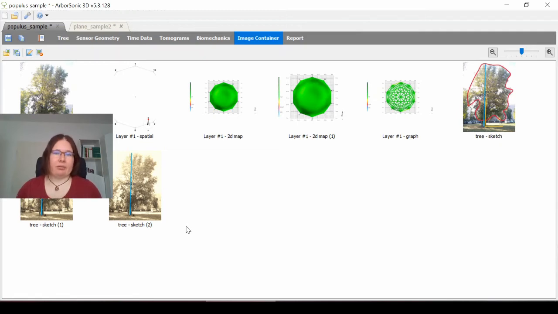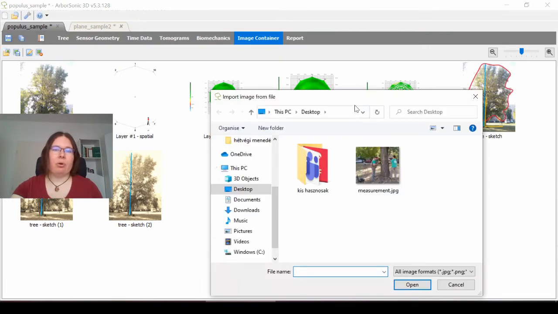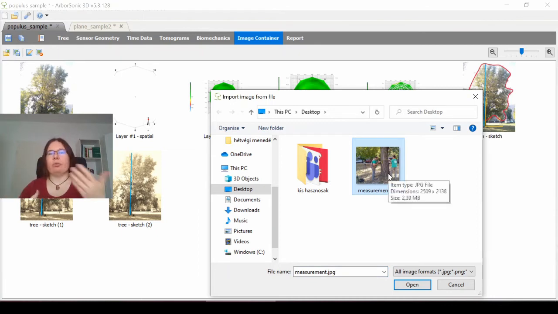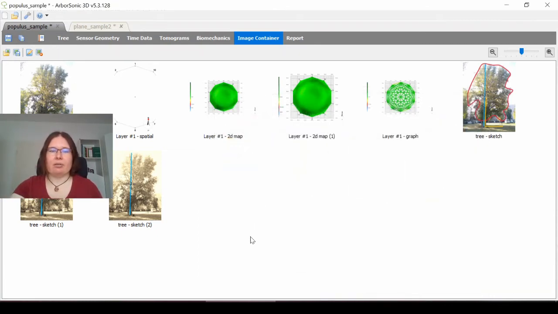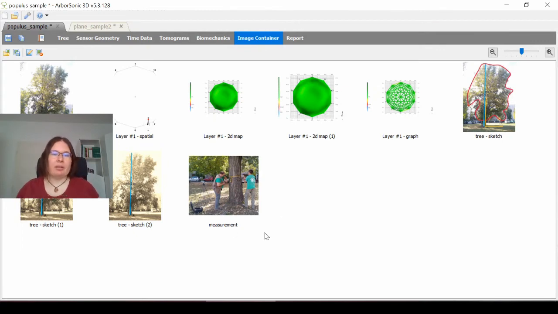Of course, you can import images with this folder and image icon in the top left corner, which pops up the normal file browser of Windows. For example, maybe I have a photo from this measurement and I would like to include it into this file just to have everything together, or maybe I will want to use it in the report, so I can import the image and it's here. And well, the size of it is reduced because it was way bigger than 1200 pixels